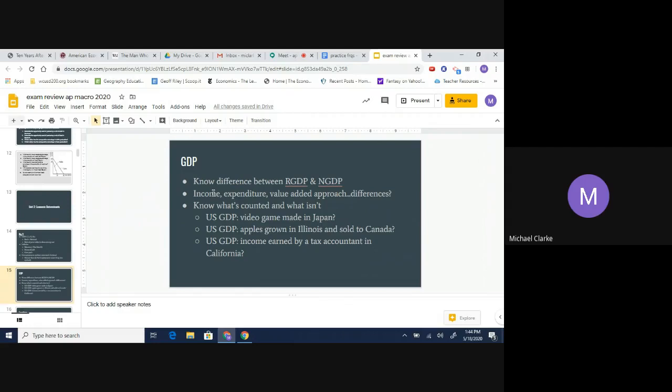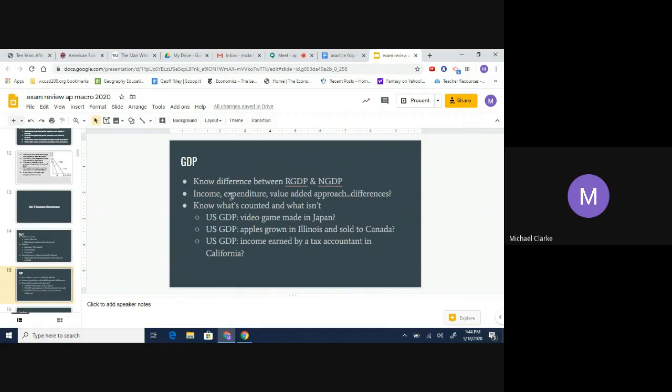If they spend it, it's going to be shown in the expenditure approach and the value-added approach. Businesses spend money on their inputs. People spend money on goods and services. But what if people save it? How is that counted in GDP? Well, when people save money, where does it go? It goes into banks. And now banks take that money and they spend it on things. They give it out in loans, or they give it out to businesses to buy inputs. So that's why economists come up with this theory that all 3 of these approaches will yield the same result.